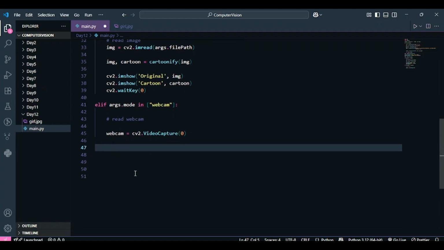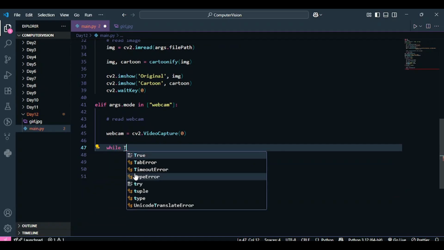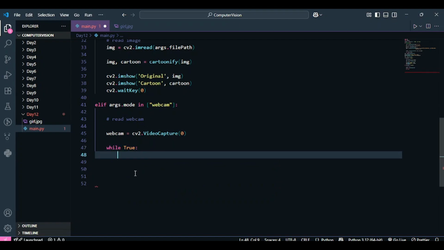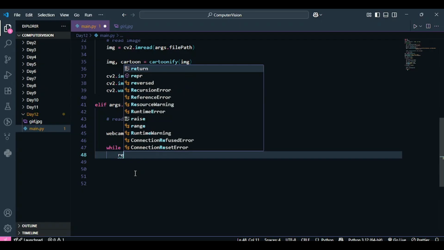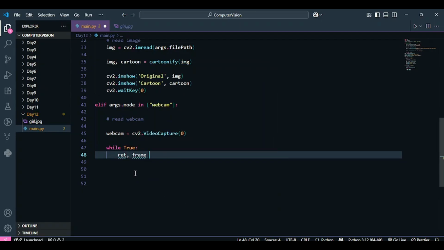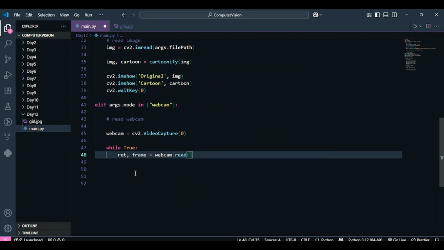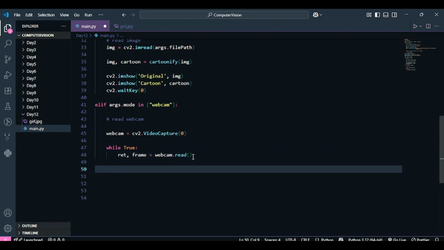So now I will start reading the frames from the webcam. You guys already know how to do that. So I'm going to use my while loop and then True, because there is no end to the number of frames in your webcam. The first thing that I will do over here is to read the webcam. So I'm going to call the read function of the webcam to read my frames. Over here I have successfully read the frame and saved it into the values read and frame. So read over here is a boolean variable. It will be true if it has successfully read the frame, and it will save the frame in the frame variable, which is basically just like your image.